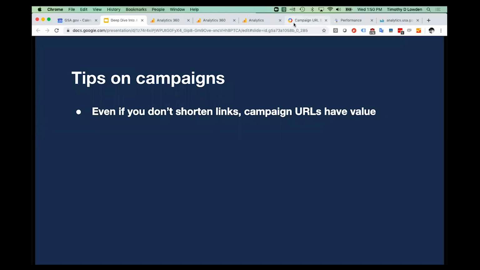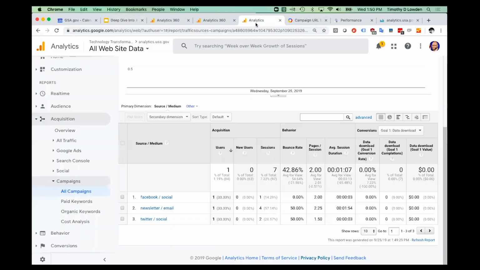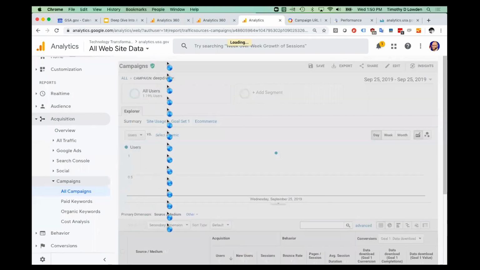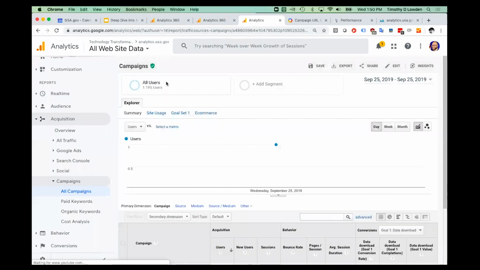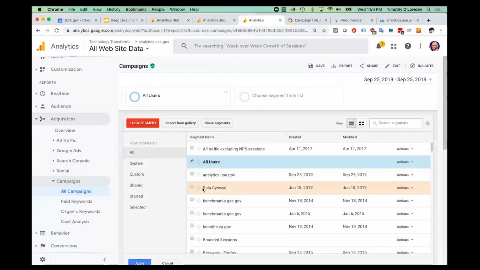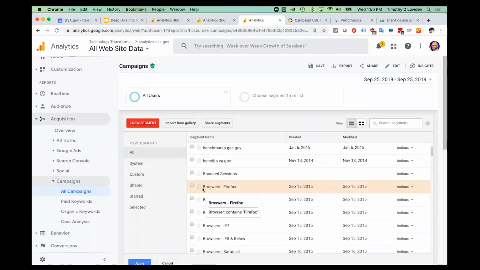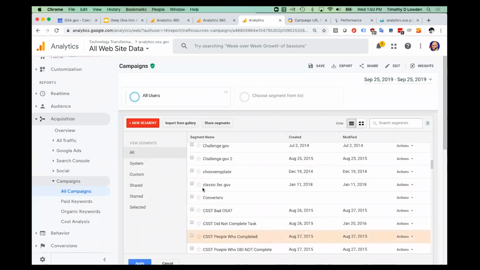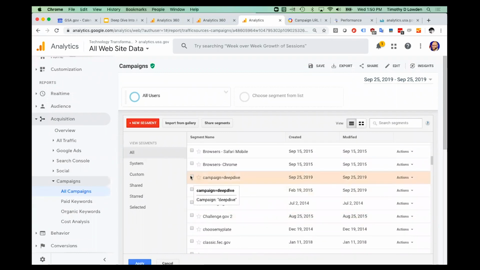I still think it's valuable for you to use campaign URLs because of this ability to tag specific campaigns with a name. Because then what you can do is create segments for that name. So as an example, I created a segment for this, and I think I called it campaign equals deep dive. Yeah. So now if I apply this segment,